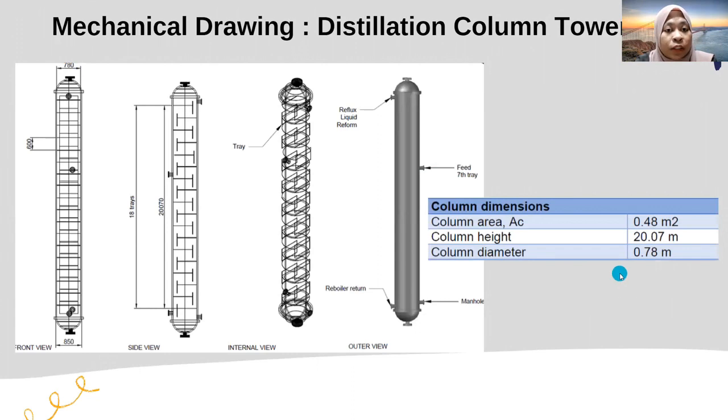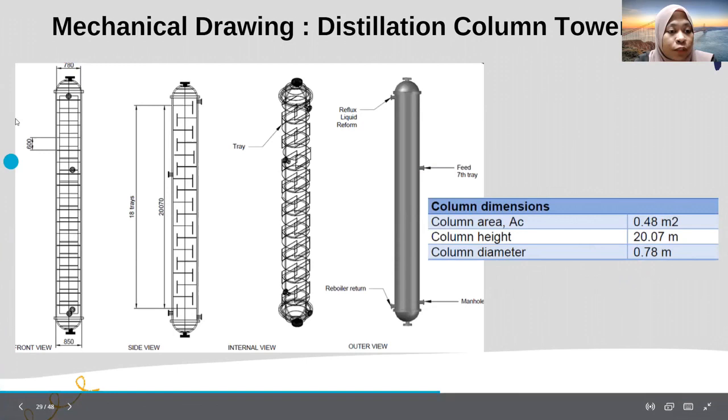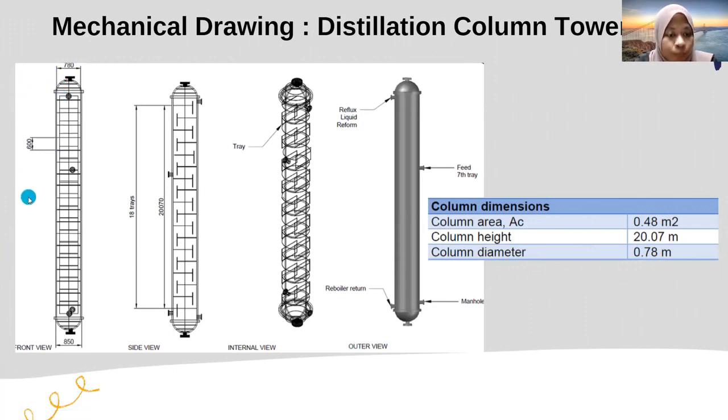So here is the mechanical drawing of the distillation column tower. After calculation, we found the column dimensions: the area is 0.48 meters square, the height is 20.07 meters, and the diameter is 0.78 meter. Based on this first picture, we can see the front view. The second one is the side view, where we can see the sieve plates are arranged accordingly, and